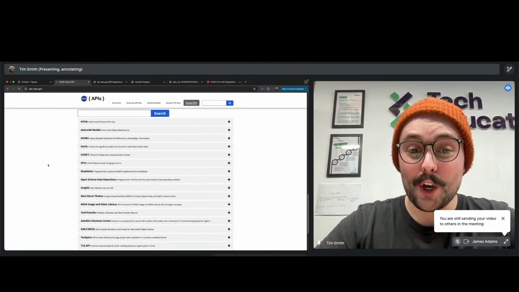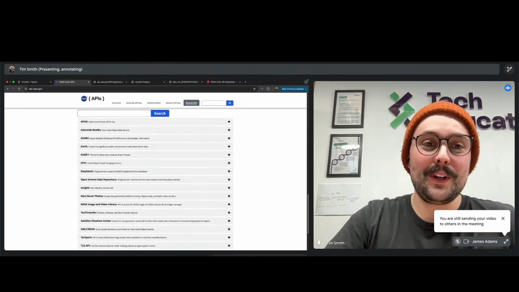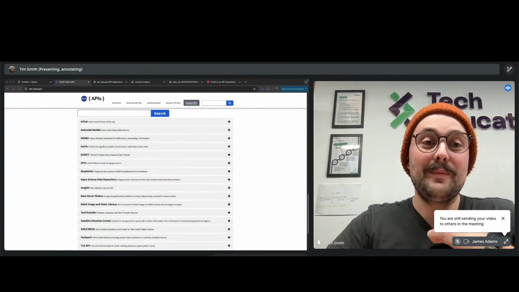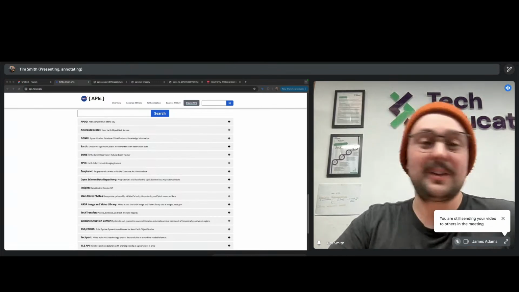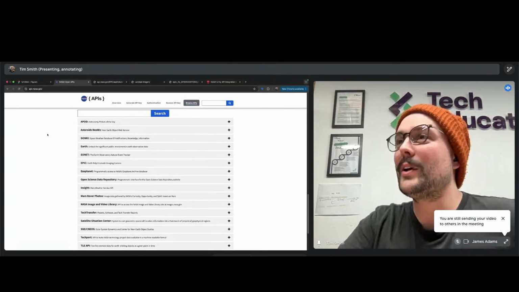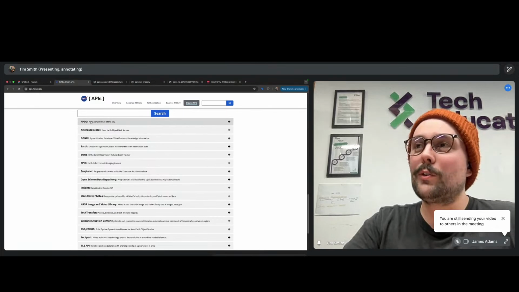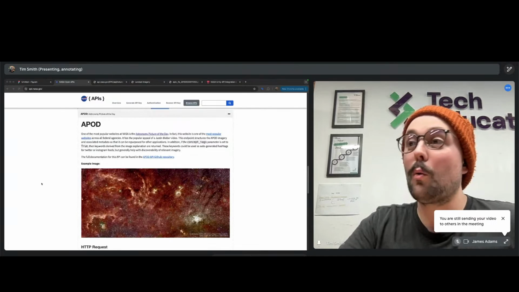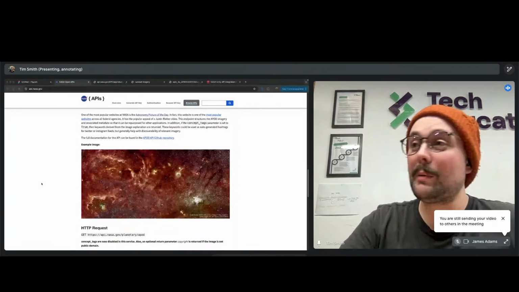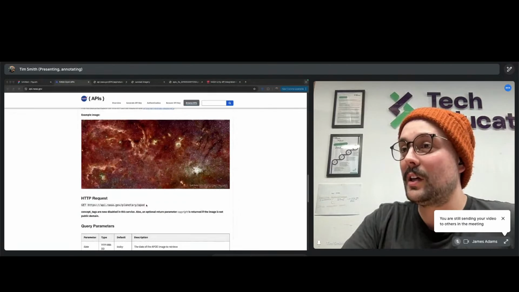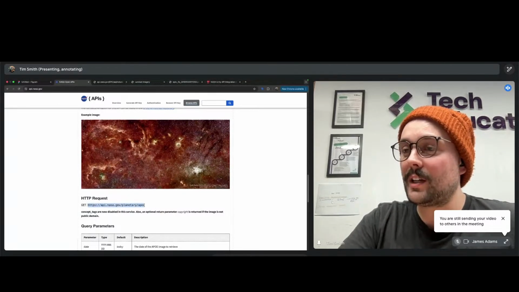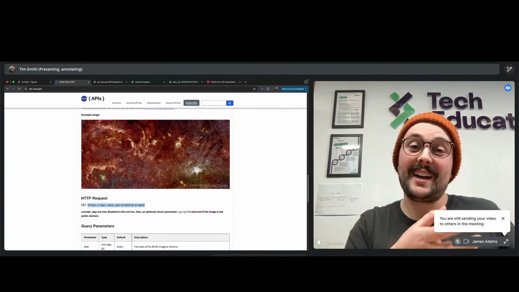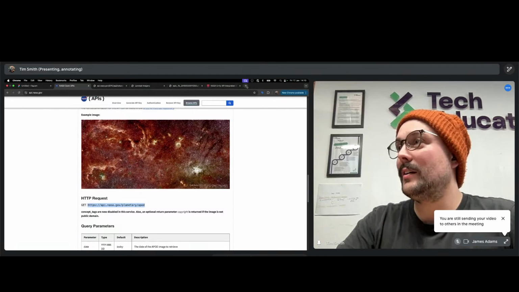Now, before we get into code, before we start looking at what's going on with the APIs, we're going to have a quick look at some of the examples that you can use to make projects with APIs. So, for example, NASA have one for astronomy picture of the day. This is cool. This is apparently one of NASA's most popular APIs. So here, if we just visit this URL, it's giving us the URL to call. Remember, an API is just like a website, but it doesn't return a website, it returns data. So if we go here and open this up,